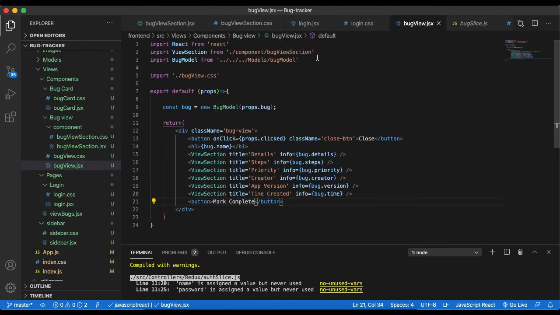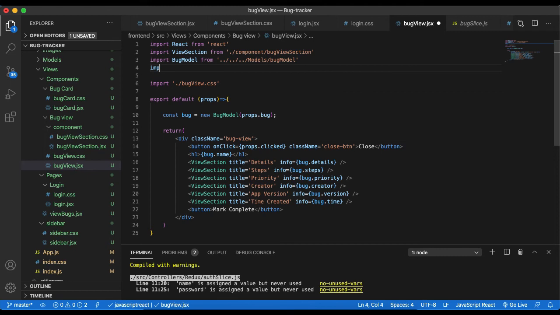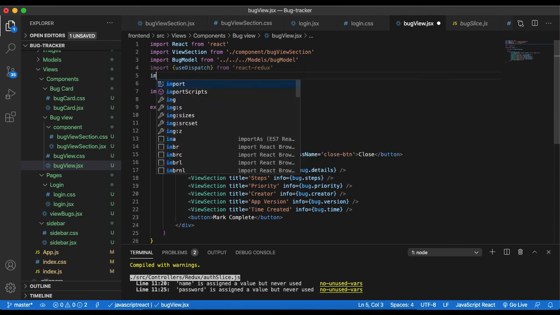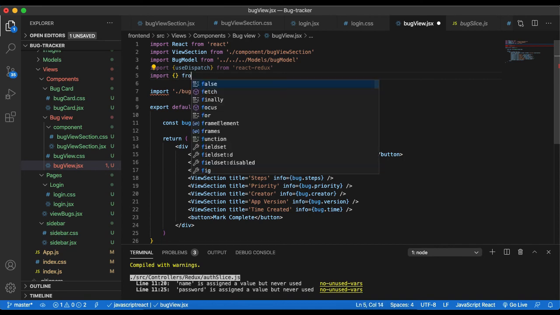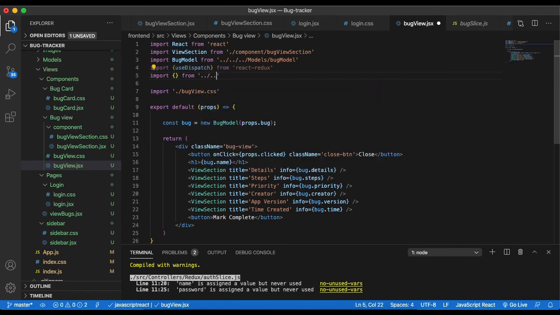So inside here, if we bring in from React Redux, and we'll bring in use dispatch, and then we need to bring in the action from our slice actions itself. Let's go find our controller, Redux, bug slice, and we're going to mark complete. So we'll make a constant and call that dispatch, and use dispatch,